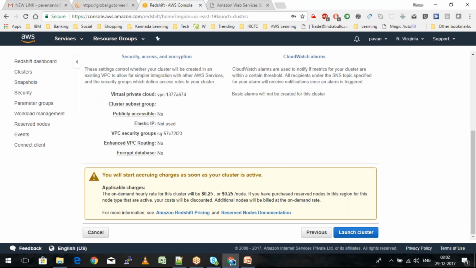So more or less, it is the same as the way we launch the database. The options are almost the same: the VPC, whether I would like to make it public or not, whether you would like to go ahead with encryption, which VPC it is going to be a part of, whether I want to launch in a specific availability zone, and what is the size of this Redshift cluster.